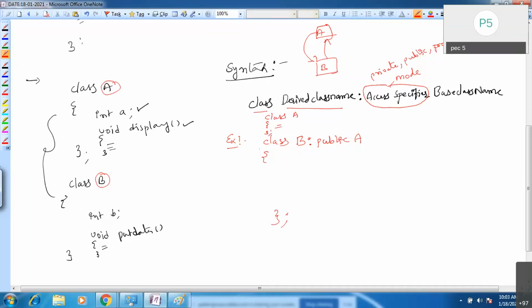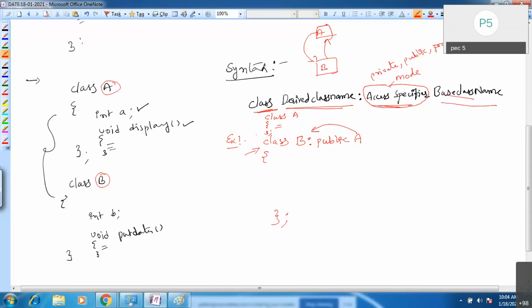Now you are deriving this class B. Class B is a derived class, meaning a subclass, and you are deriving it from A. The syntax you need to follow is: class is a keyword, then the derived class name, the access specifier, where you can take any one of private, public, or protected, and the base class name. This is the syntax you need to follow in C++.